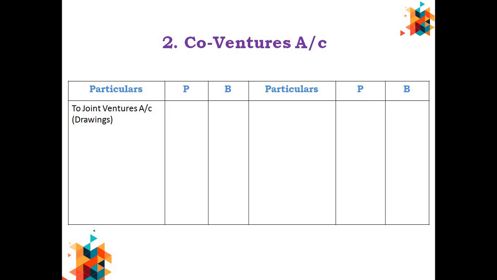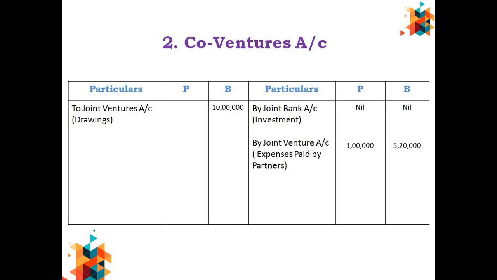Here the co-venturers account will start from drawings. I remember that Bhuvan has withdrawn 10 lakh rupees; I have written it here now. Except drawings, nothing will appear on the debit side. On the right side, as the first item taken by bank, that is individual investment. In this problem, because it is a simple problem, individual investments made by Prabhu and Bhuvan are not given. This question was already asked in 2014 for 10 minutes. Obviously joint venture problems will be simple because they are asked for 10 minutes most of the time.